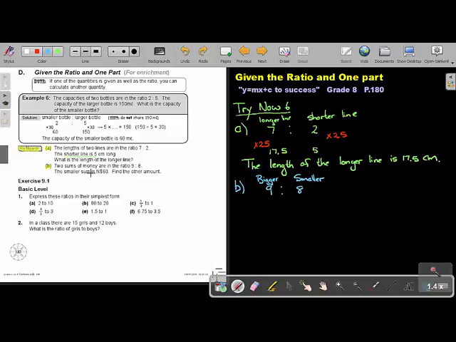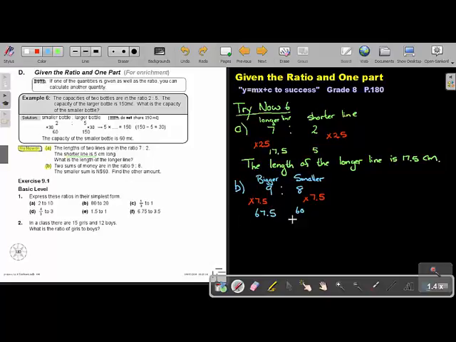So the smaller sum is 60. So I leave a little bit of a space and I write 60. Now I must go and say, with what did they multiply 8 to get to 60? If you don't know it, you can just press on your calculator 60, the reverse, divide by 8, and that will be 7.5. So 60 divided by 8 is 7.5. So they were multiplying 8 with 7.5 to get 60. So I must also multiply 9 with 7.5. And that will bring me to an answer of